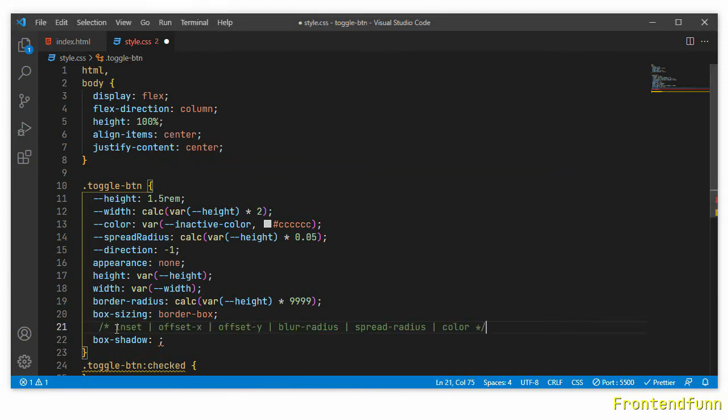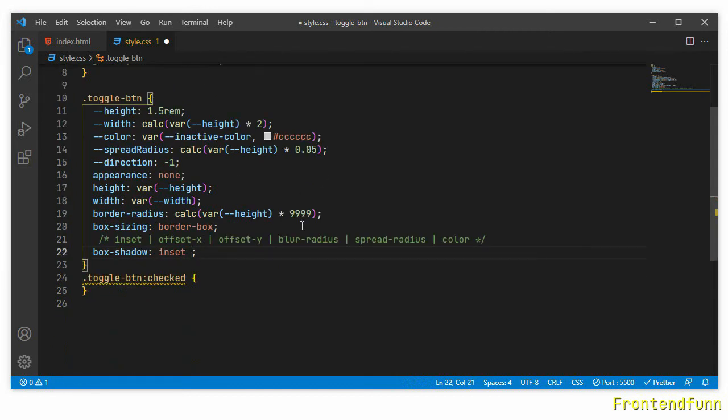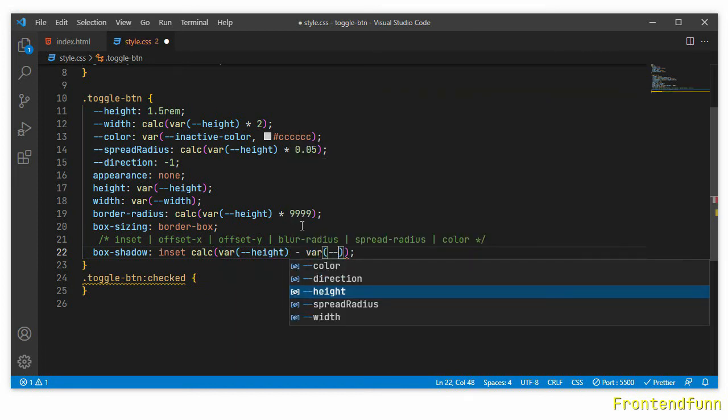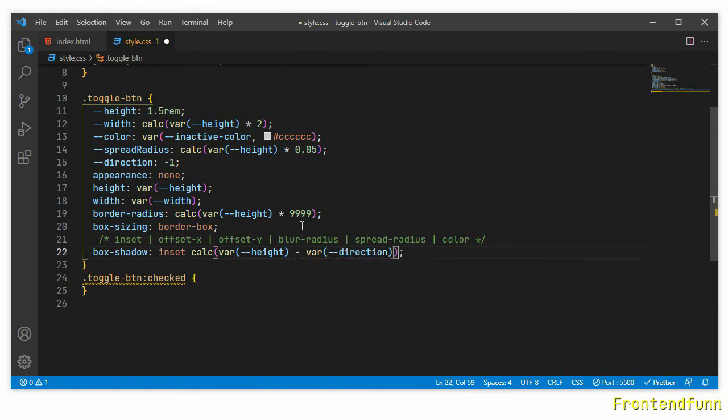Before I write the box shadow property, let me show you the values it can take. It can take the inset, and we can define the offset value for X and offset value for Y, and blur radius and spread radius and the color. So I'm going to write inset here, and for the X, calc var height times var hyphen direction.